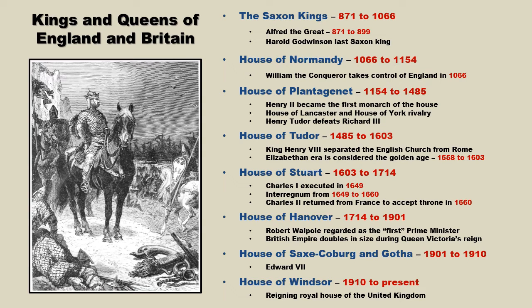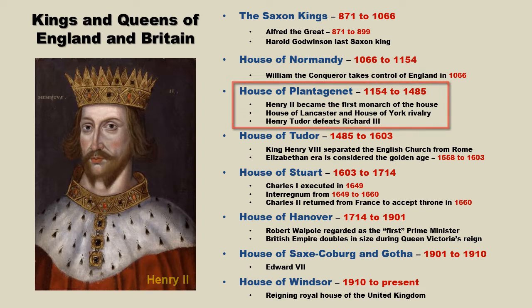The House of Normandy reigned for less than a century before being replaced by the House of Plantagenet. Henry II became the first monarch of the House of Plantagenet. During the early years of his reign, Henry spent most of his time establishing control over Wales. In France, he gained full control over Anjou and the other areas. However, later on, Henry's successors lost most of the house's continental possessions in Europe. As a result, the later Plantagenet kings became more English in nature.